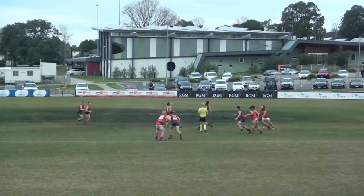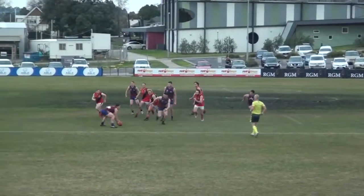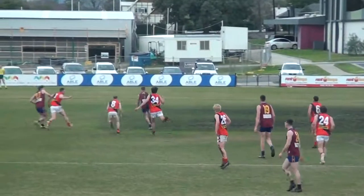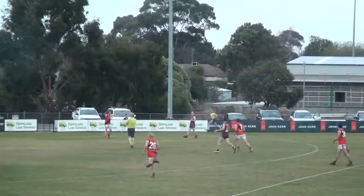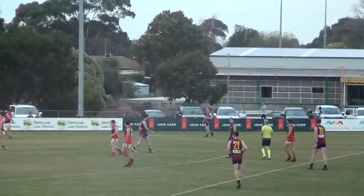Here we go. Farrell. He's got a fair bit of height, and he taps down. Can he find a teammate? He can't, unfortunately. But now Blazer threads one through. Here we go. Nicely done. Cox edge from the centre of the square kicks towards the outer side. Yeah, easily taken by Prestige, who's kicked 2 goals this afternoon, ladies and gents, and will line up from 45